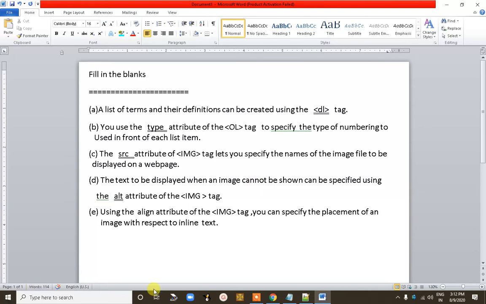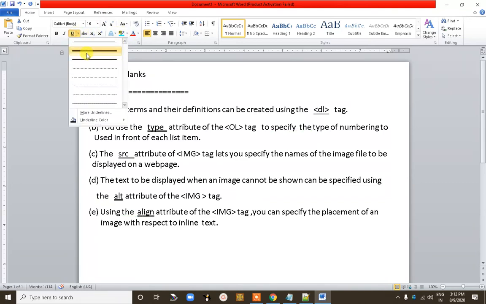So using the align attribute, align is the right answer. The answer here is the align attribute.